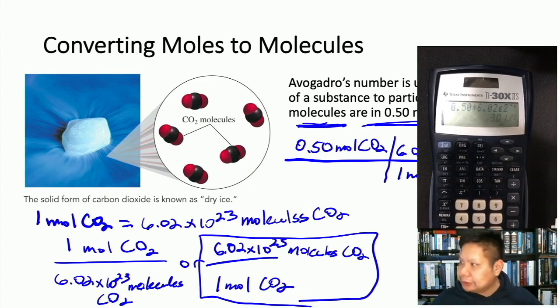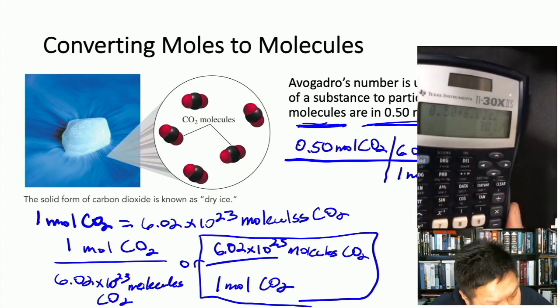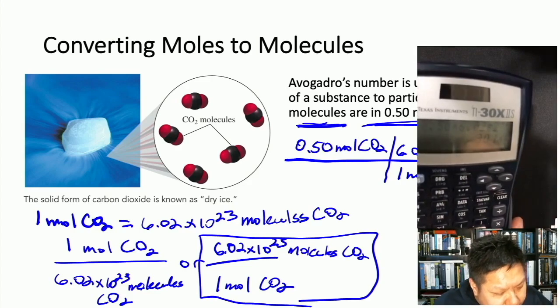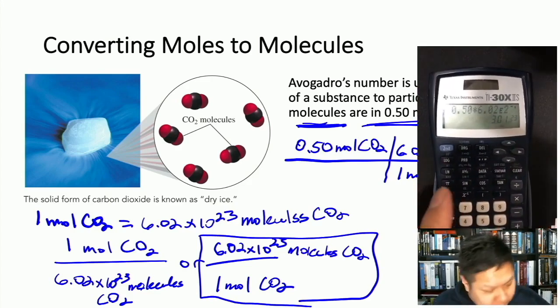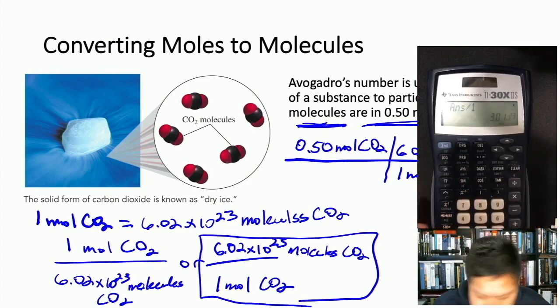You press enter because you want to do that first. That gives us 3.01 times 10 to the 23rd, right? And then this is easy because the bottom is just 1 mole, so you just divide that by 1 mole. And your answer is then,